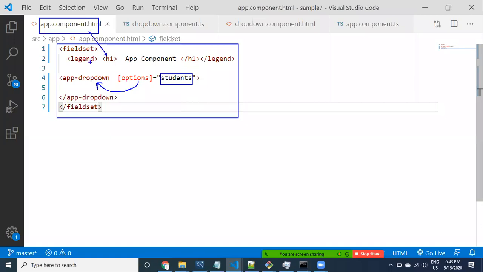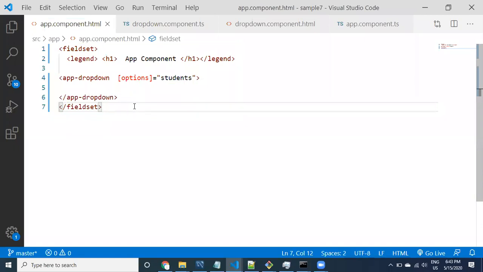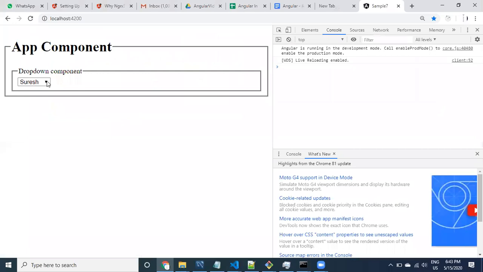That's why this is related to the app component property. Now let's look at it. Suresh, Ramesh, Naresh, these values are dynamic values. That's very good. We have done this before also.